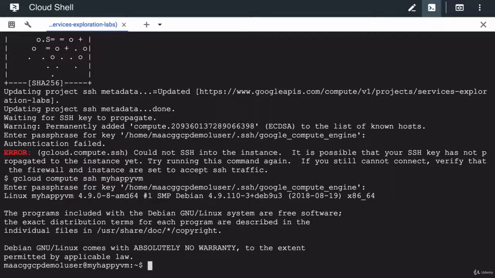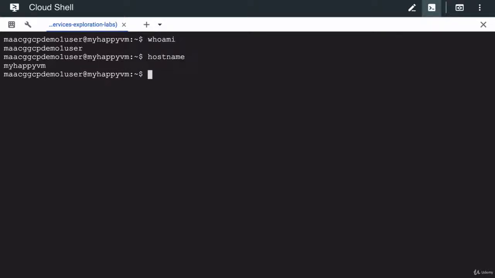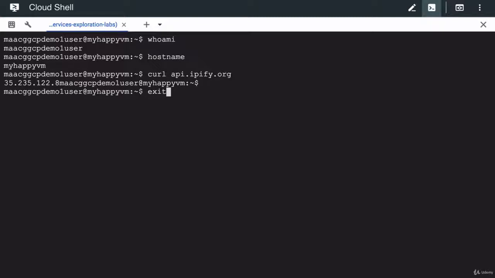So let's take a look at some of the same things that we looked at in the Cloud Shell. Now if we type whoami, we see that we're logged into this machine with a user account that has the same name, but the host name is very different here. And if we curl to api.ipify.org, we see a different IP address here than we had on Cloud Shell. This one is 35.235.122.8, and if we type exit to log out of the myhappyVM secure shell,